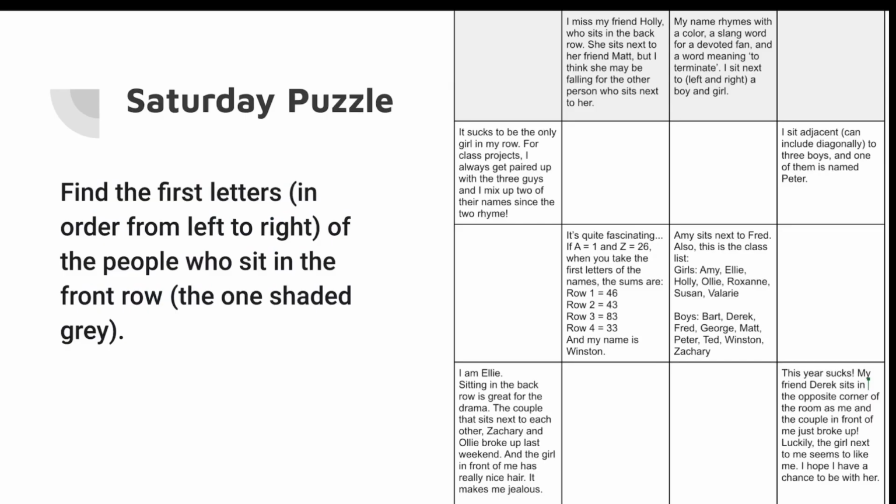Find the first letters in order from left to right of the people who sit in the front row, which is the one shaded gray at the top. So the journal entries are starting with the top left. I miss my friend Holly, who sits in the back row. She sits next to her friend Matt, but I think she may be falling for the other person who sits next to her. My name rhymes with a color, a slang word for a devoted fan, and a word meaning